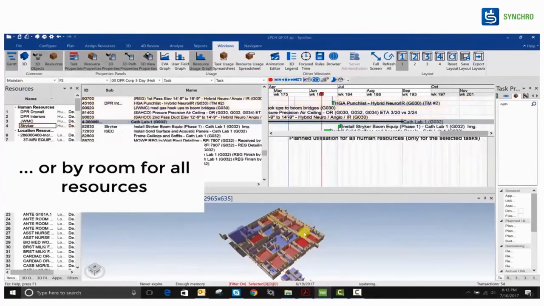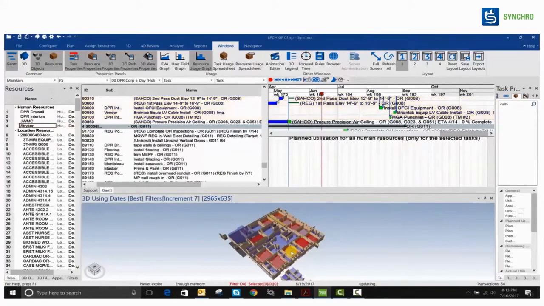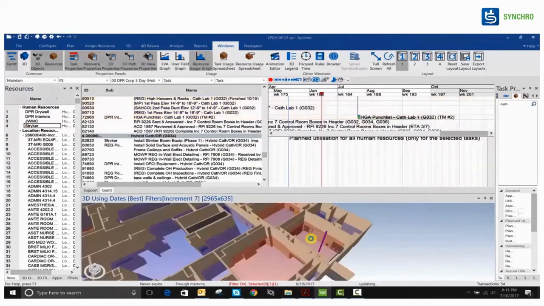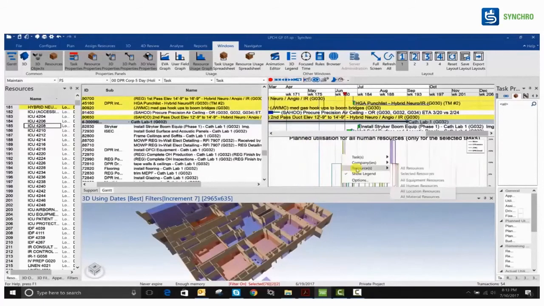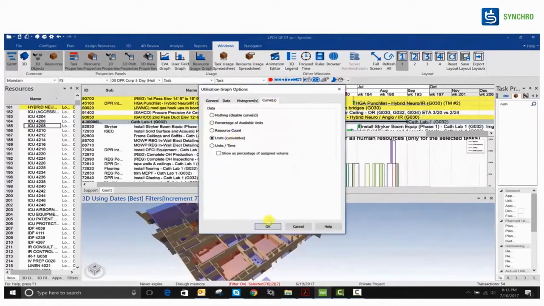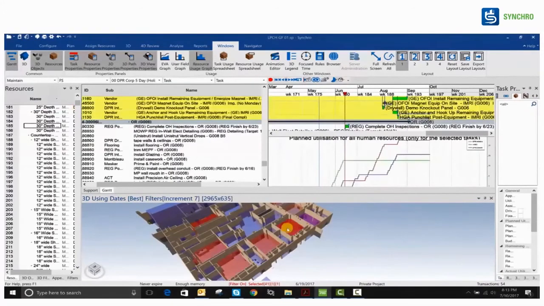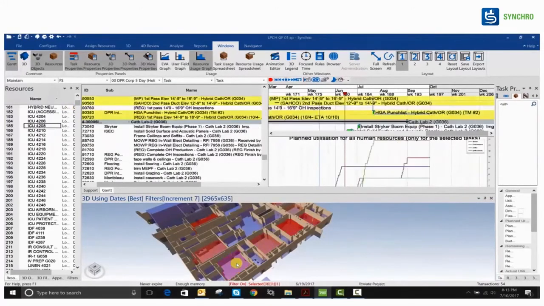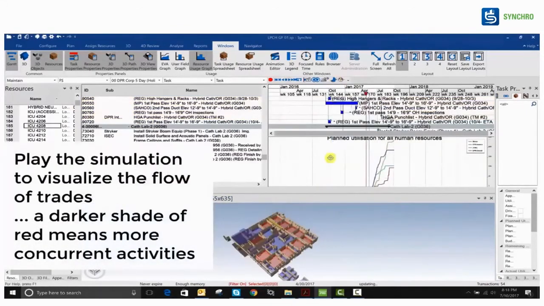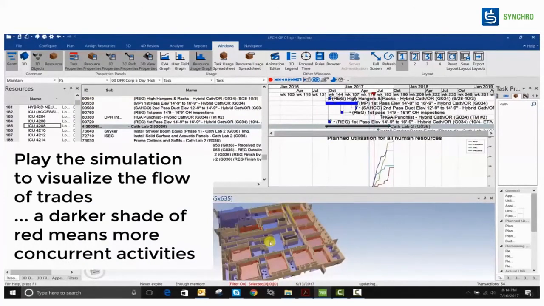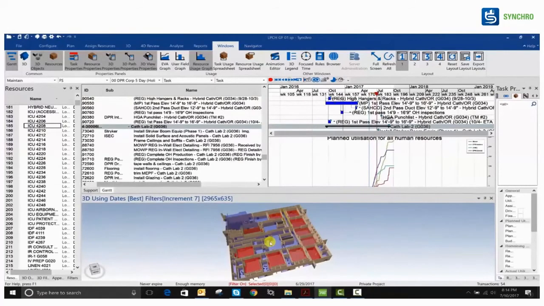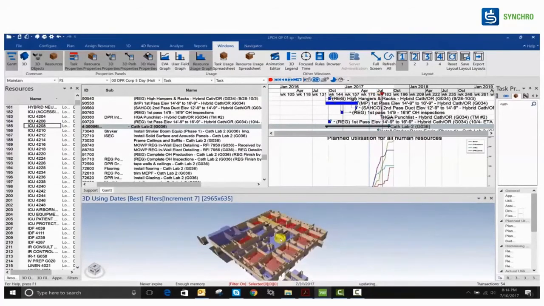And if you want to see exactly what the parallel activity resources are in the 3D model, you can create a color code. I have created a red color code, so it understands that whenever there is red, this is a parallel activity. So you can always be assured that these two activities are parallel. If in one room you put two resources for concreting, you will never put those two resources in another room on that day. So you understand everything visually, and also through a histogram or graphical curve. You can create a curvilinear graph also.